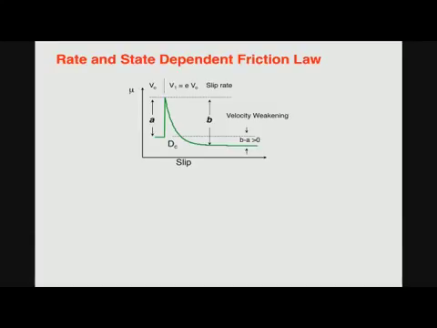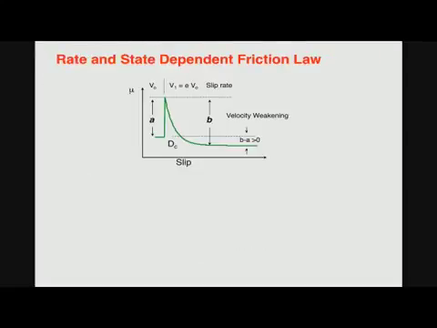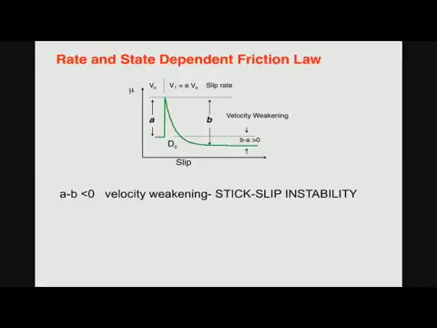And there are different descriptions that people use of that. But the importance of rate and state dependent friction is that these coefficients a and b, which are shown here, are going to define these kinds of transitions. So if I think about it here, if a is less than b, which is shown here, right, and